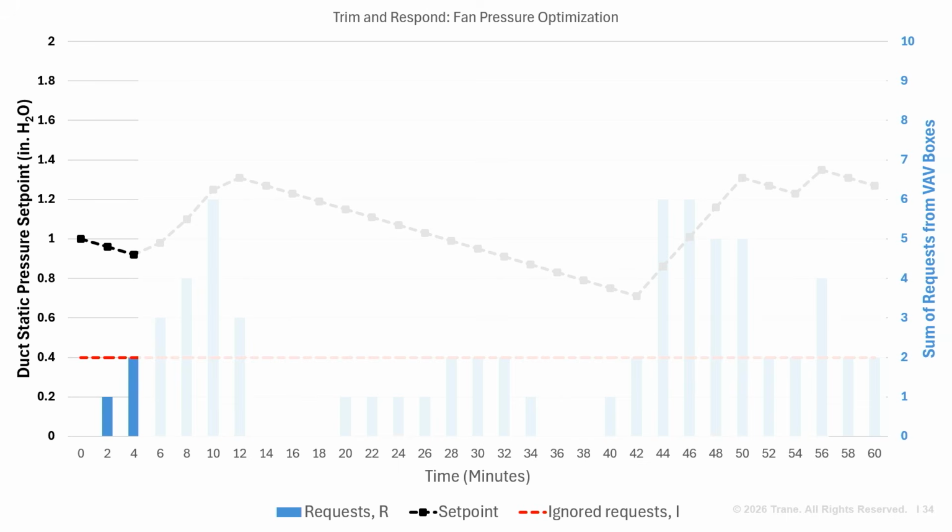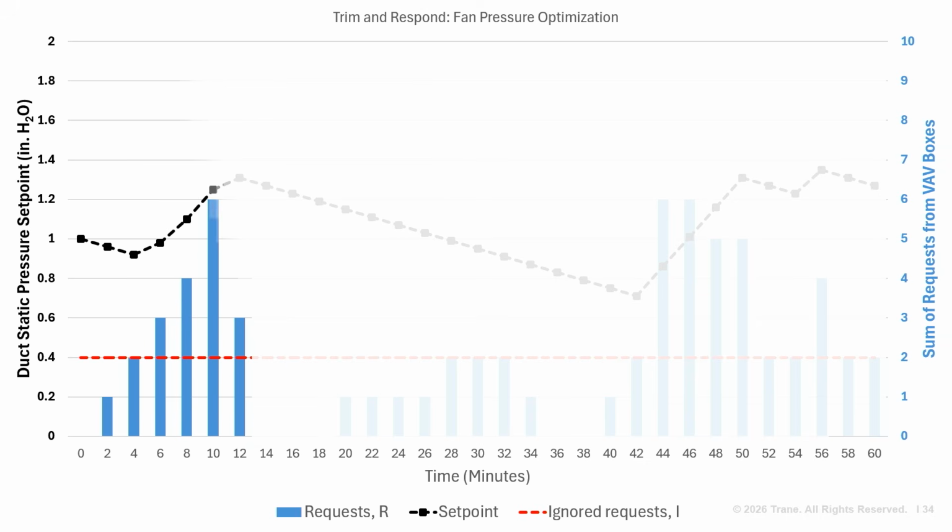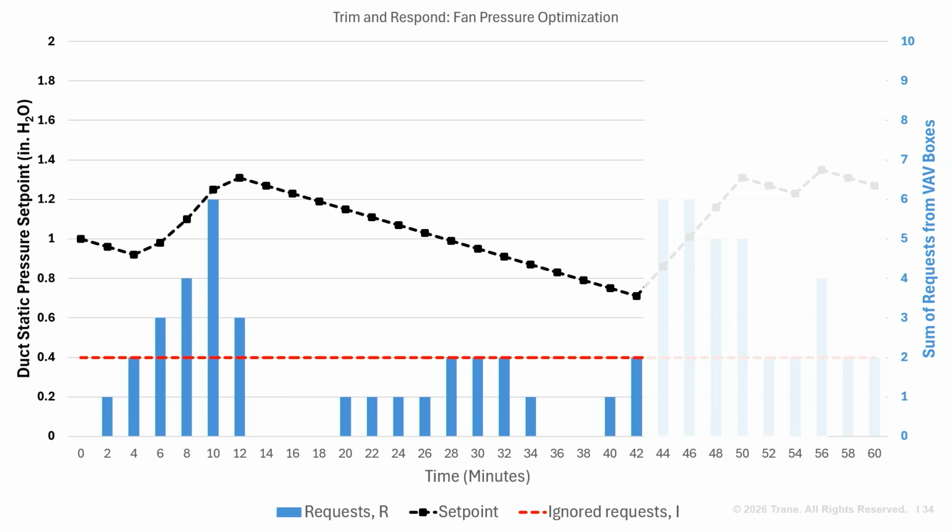Remember, trim and respond is intended to maximize energy efficiency and performance. What happens when the sum of requests is above the threshold of 2 requests? Well, the system responds to the number of requests by increasing the duct static pressure set point. Now, all VAV boxes are satisfied, and there are no more requests. Therefore, the system starts trimming again until the sum of the requests exceeds 2, where it will respond again, increasing